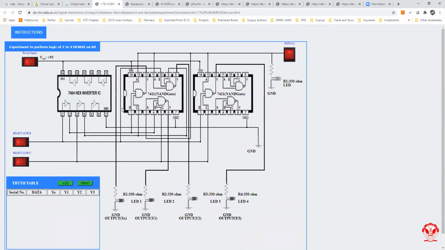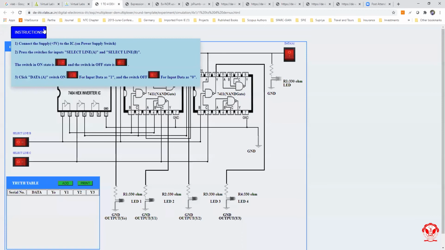This is for input data, and these are our select lines, from where we can choose which output line the input data goes to, and these are our output lines: out 1, out 2, out 3, and out 4. Now just click on the instruction button.